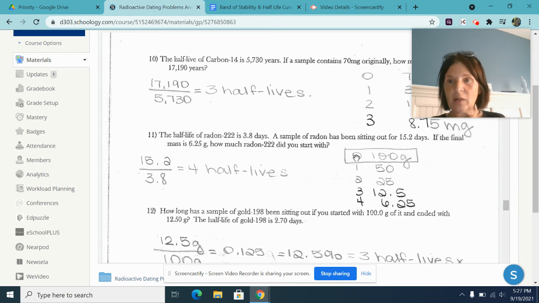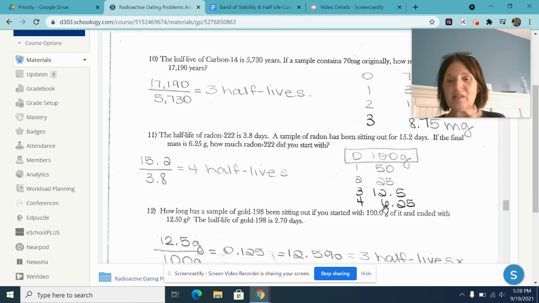Okay, so again, we're going to make our chart from 0 this time to 4 half-lives. This time, it tells us that the final mass is 6.25 grams. So 6.25 grams would be what we had when we got to 4 half-lives. What it wants to know is, what did you actually start with? So this time, you're going to work backwards, and rather than dividing by 2, you're going to multiply by 2